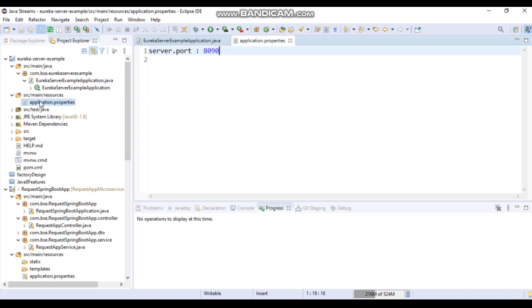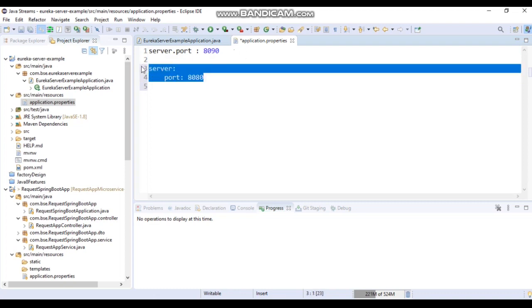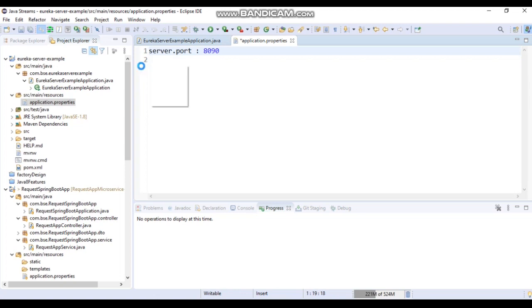You can consider application.properties as YML. They both are the same, but the name is different. I will show you what you need to do in the application.yml file. In application.yml, you need to assign server, and then here you need to add port, and then you can add 8080. So like this you need to write it in the case of application.yml, but in application.properties you can declare it like this.